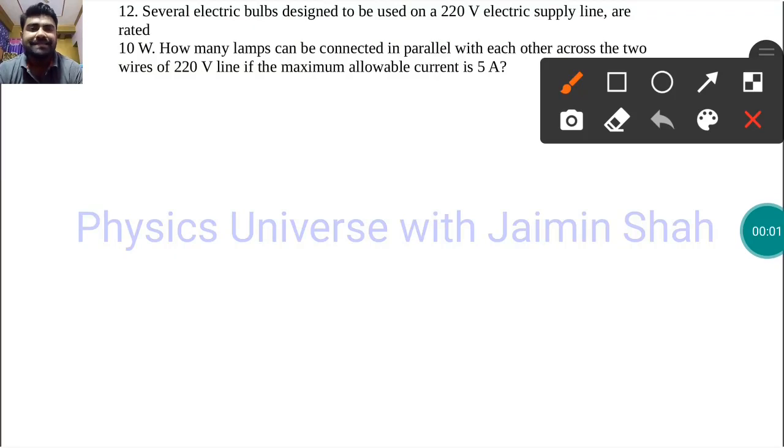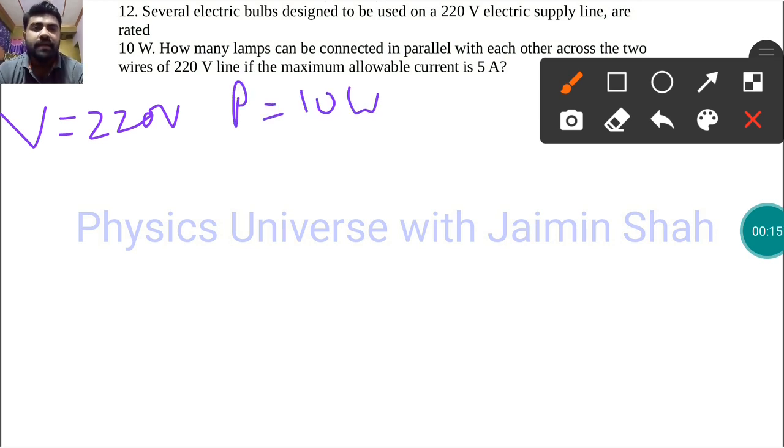The question is: several electric bulbs designed to be used on a 220 volt electric supply line are rated 10 watt. How many lamps can be connected in parallel with each other across the two wires of a 220 volt line if the maximum allowed current is